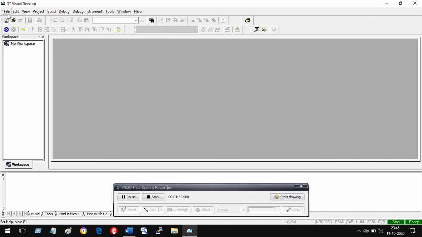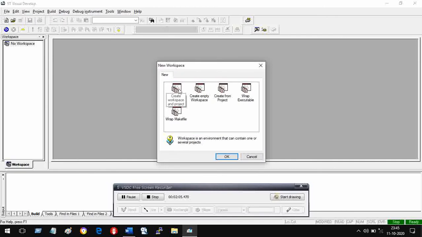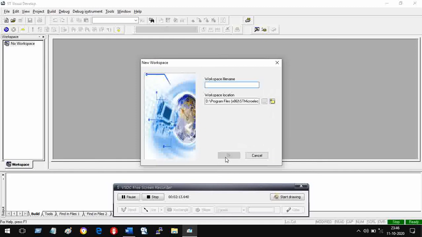The first step is go to left hand top corner. As you can see, it is File, click it once. You want to create a workspace, a new workspace, so new workspace, create. Now you come here in this dialog box, here create workspace and project. You click it and say OK. It will ask you the workspace name.